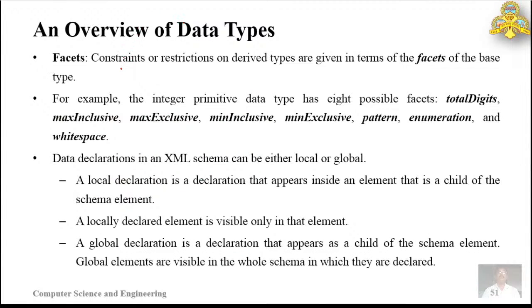And if you want to provide any constraints or restrictions for derived data types, they are called facets of the base type. For example, if I am creating a user defined data type based on string data type with some restrictions, for example, if I want to provide a name containing only 40 letters or 50 letters, then that restriction up to 40 or 50 letters will be known as a facet of the